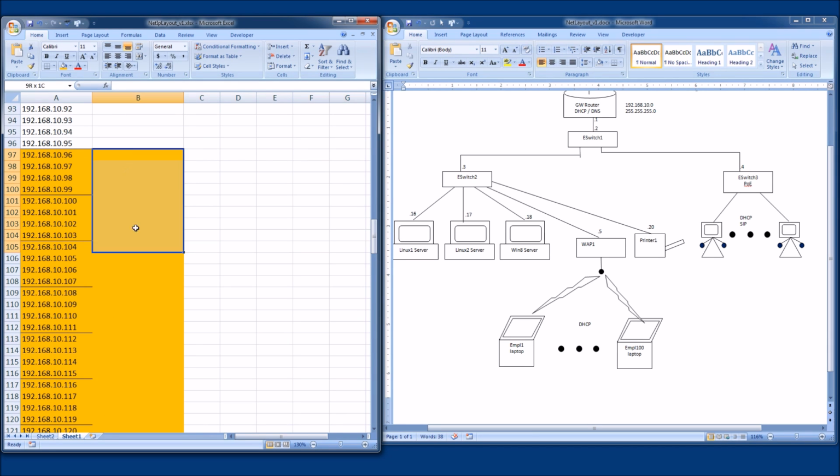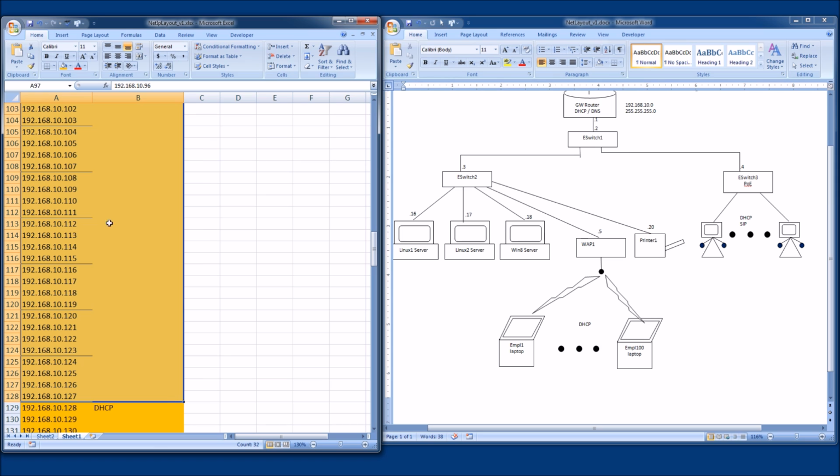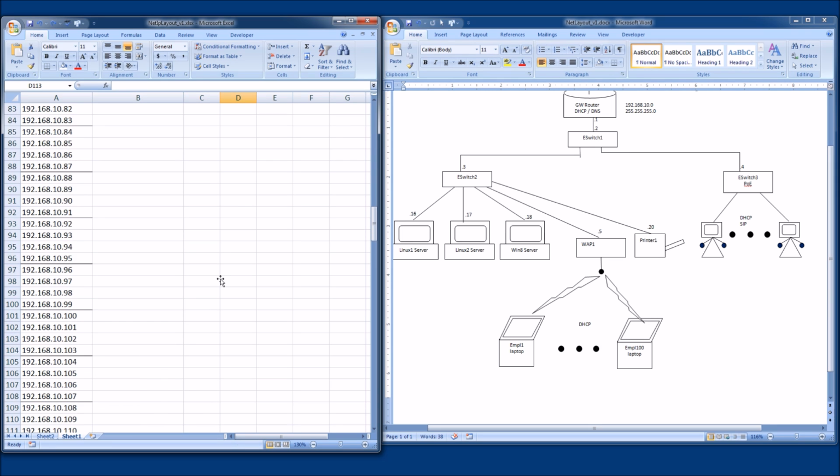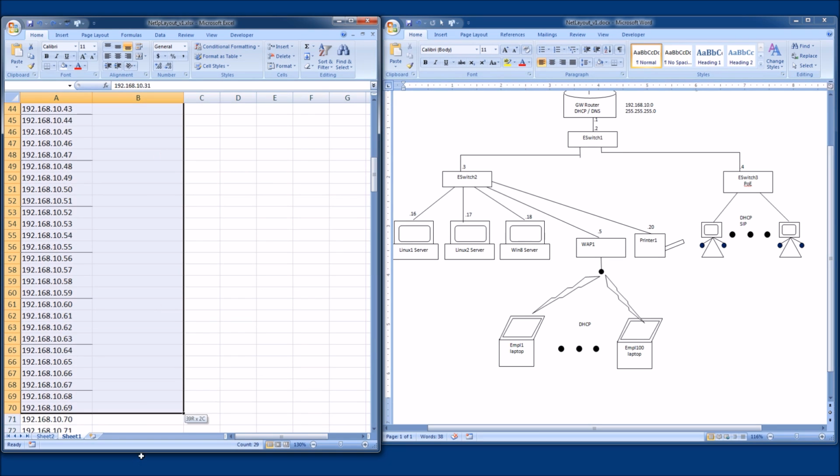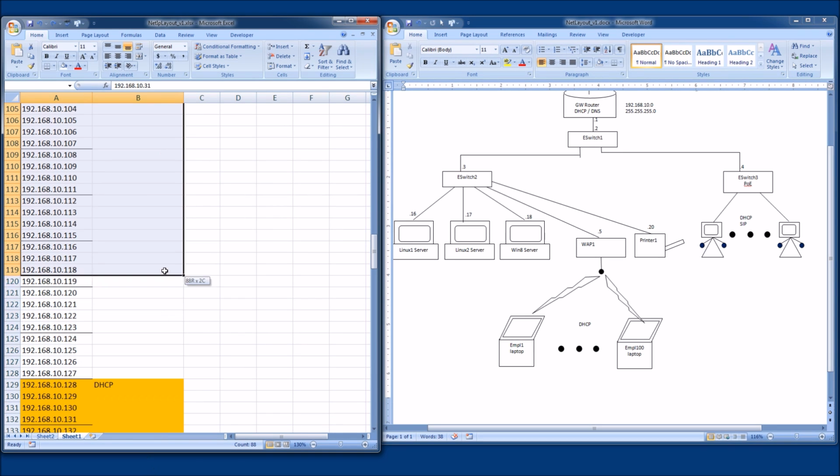Let's say all these IP addresses are assigned, but you need more address space for something else. And you say, okay, well, I'm just going to unassign all these IP addresses and give them back to the stockpile, and then I can extend maybe my static IPs or something a lot further,